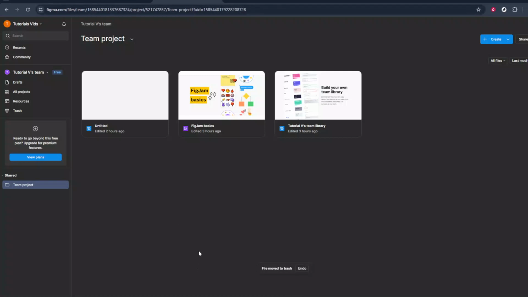In today's video, I'm going to teach you how to permanently delete a Figma file. Before we start, keep in mind that permanently deleting a file in Figma means it cannot be recovered later. So only do this for files you're absolutely sure you no longer need or that you've already backed up somewhere